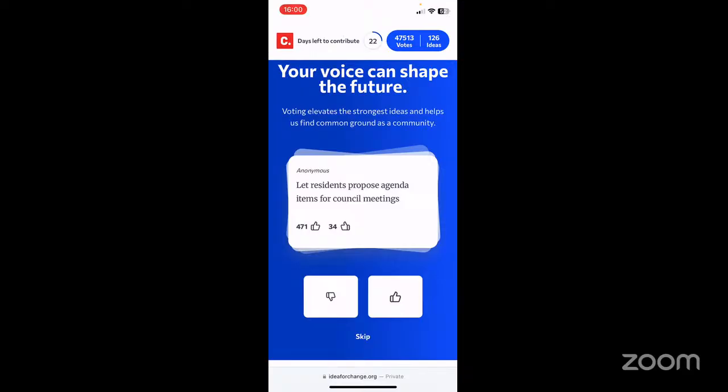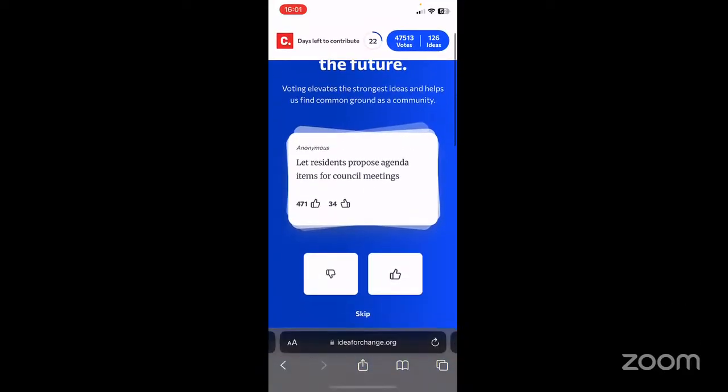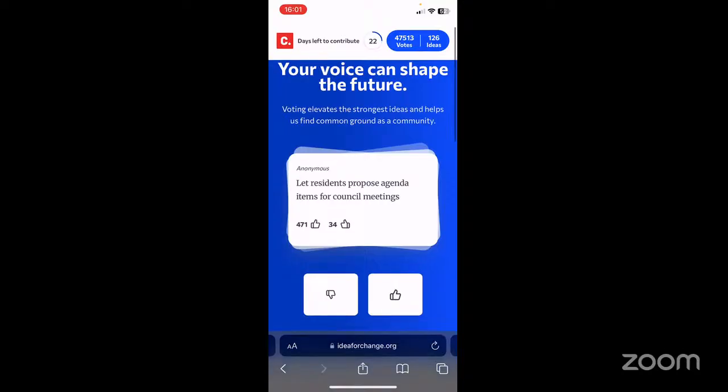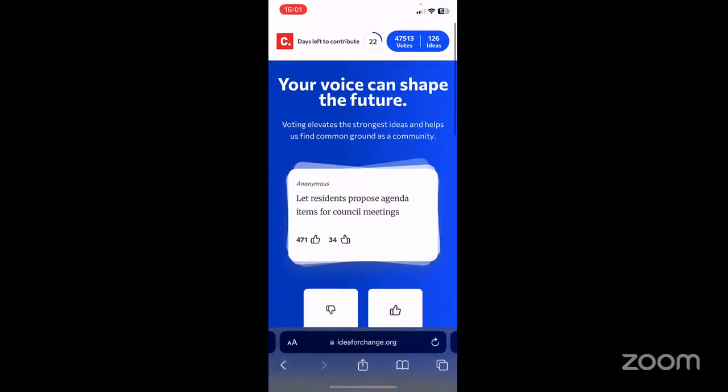What would you expect to see if you were able to tap on that number? I was thinking it would lead to a list and show the top ideas that people like, because I can't see a full list here. I'm just seeing the individual ones. So I'm curious, without having to go through all of these, what's the leading idea that people think about. Oh, that's interesting that you would be curious to see that.